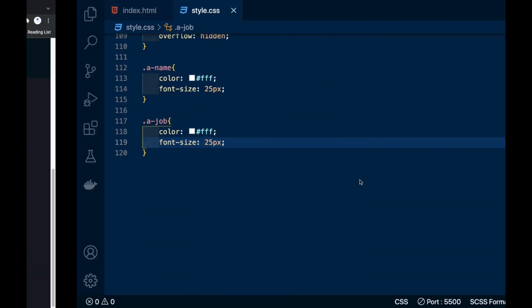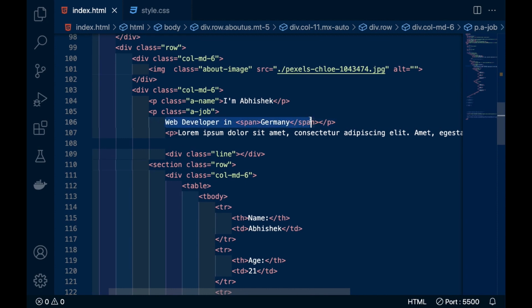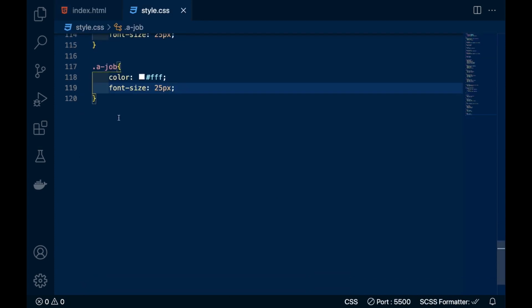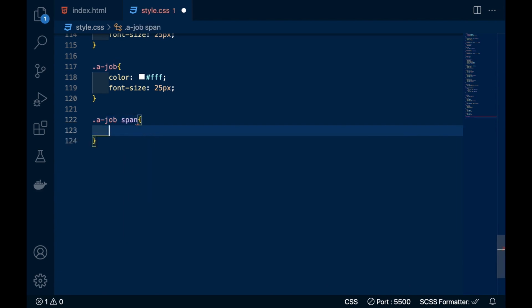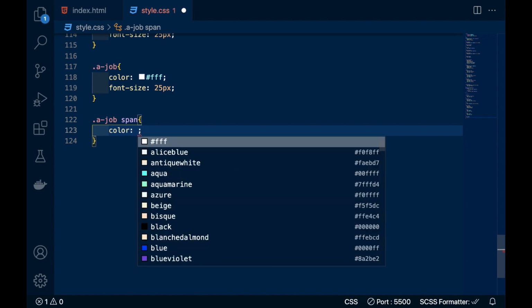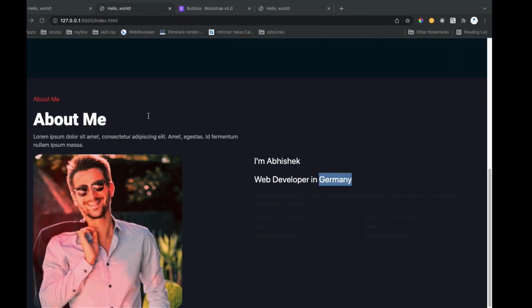And now I have written here a span. You can see here a web developer, inside the P I have written a span so that I can change this color. So a job, and inside this is span, and I will change its color to red.